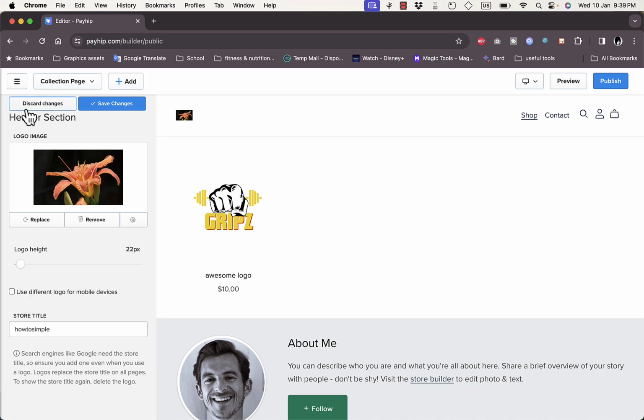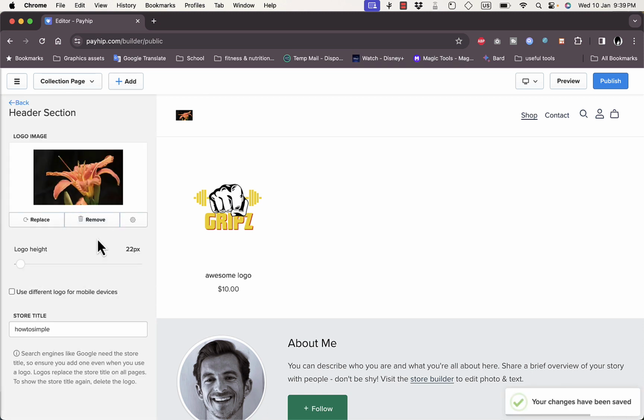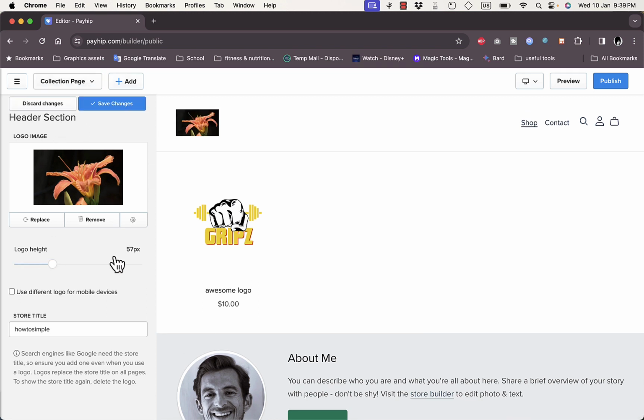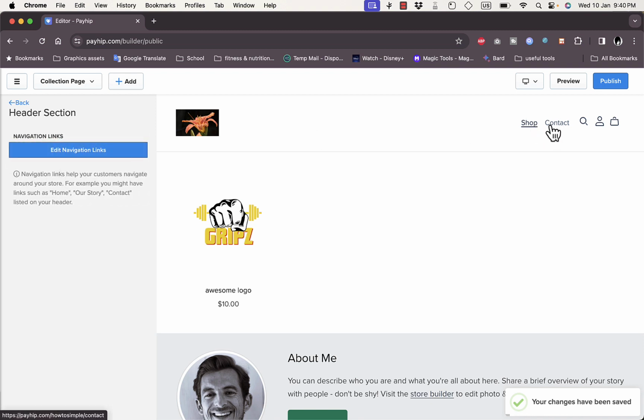And now you can use different photos for mobile devices. Okay, save changes. Okay, looking good. I can edit the height as well. Okay, save changes. Okay, if I go back here to the navigation links, that's the shop and the contact link,